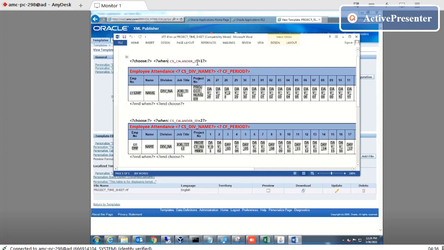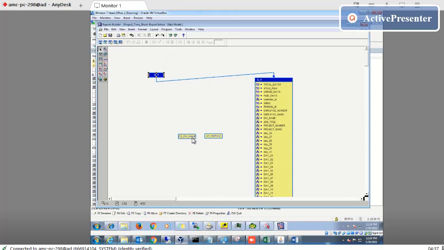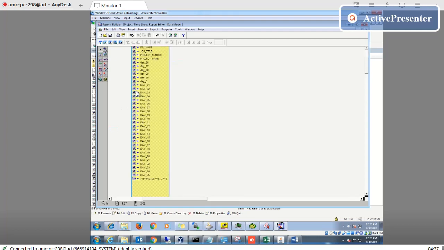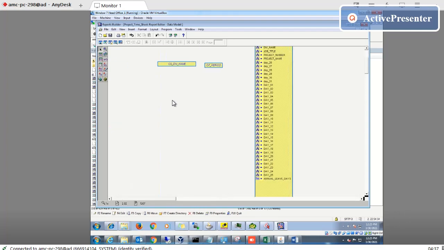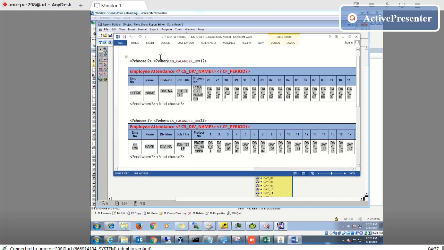This is the condition here. If we go ahead in RDF, you will see here. This variable we add here, okay.